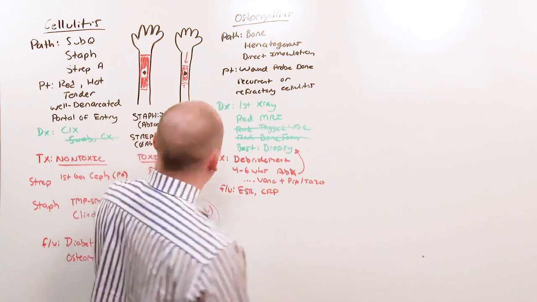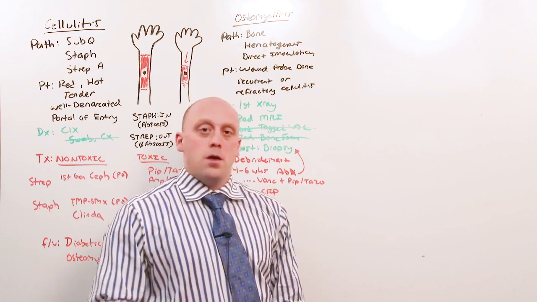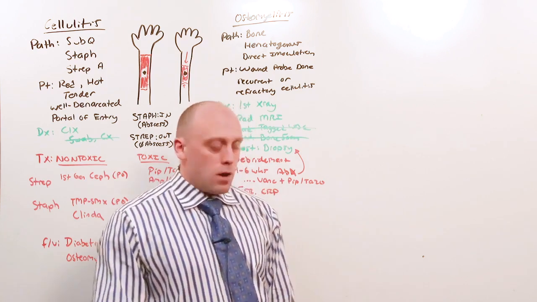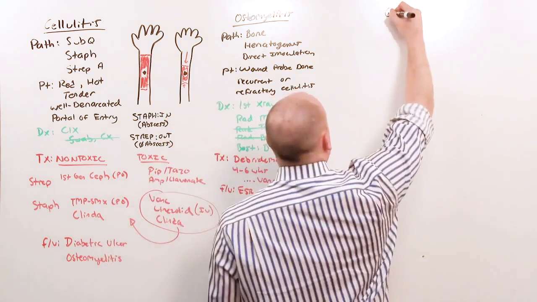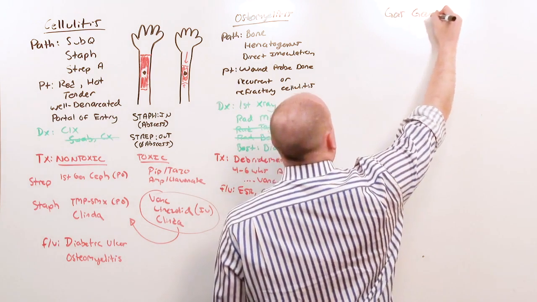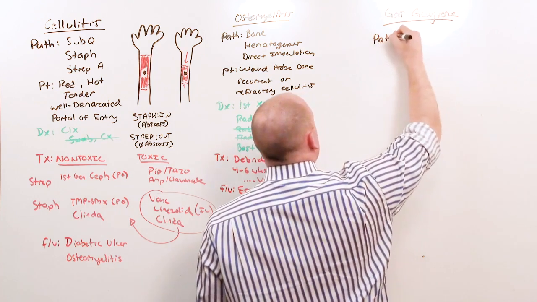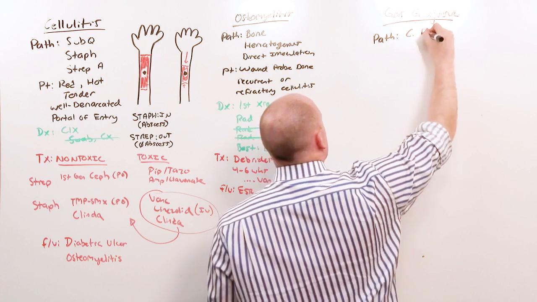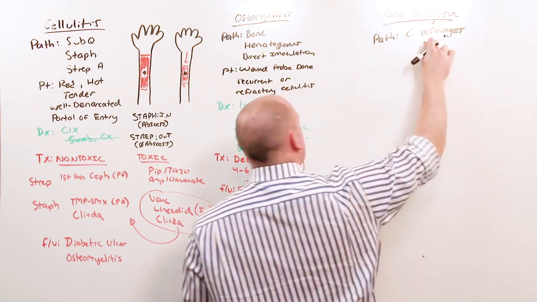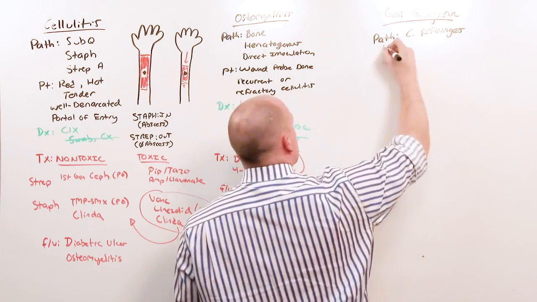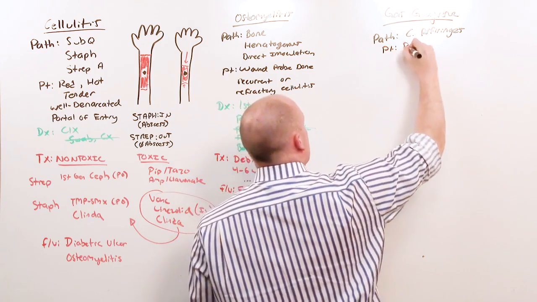So cellulitis and osteo, you're going to see a lot on your inpatient medicine months. The stuff you may not see that gets talked about a lot, so probably is going to end up on the test, are the dangerous ones, like gas gangrene and neck vac. Gas gangrene is caused by Clostridium perfringens. Not C. diff, that's diarrhea; C. perfringens. And the patient is going to present with a penetrating wound